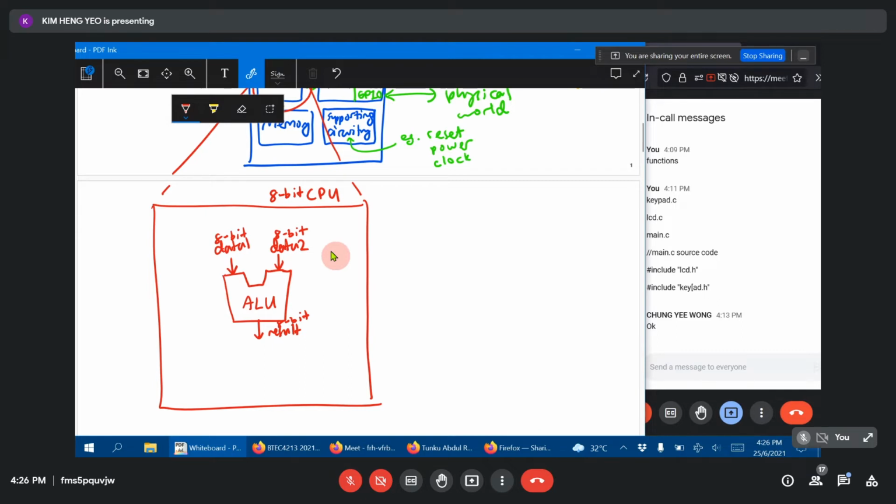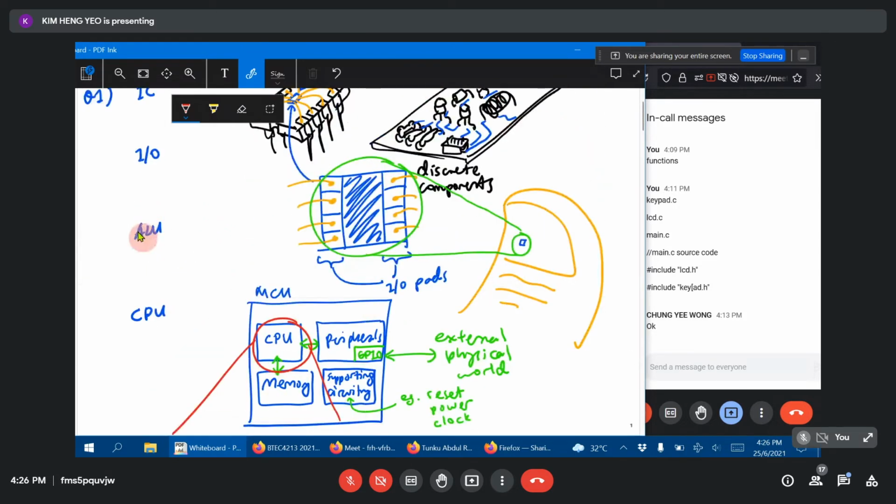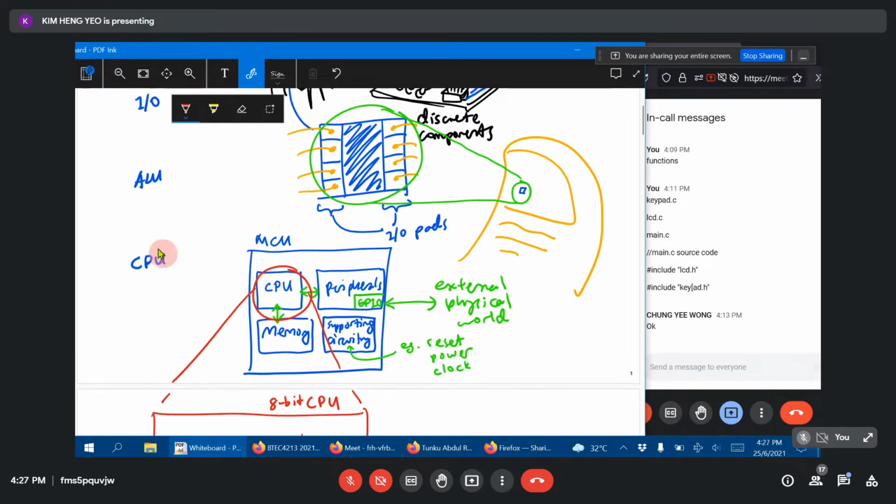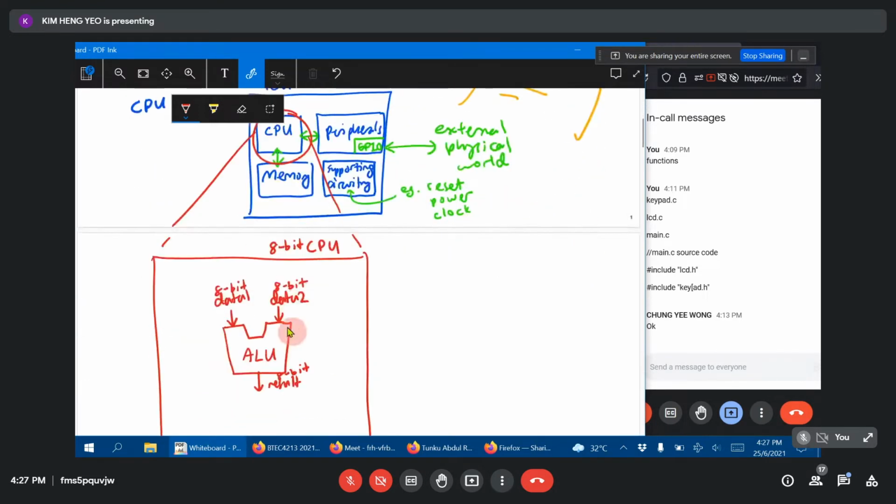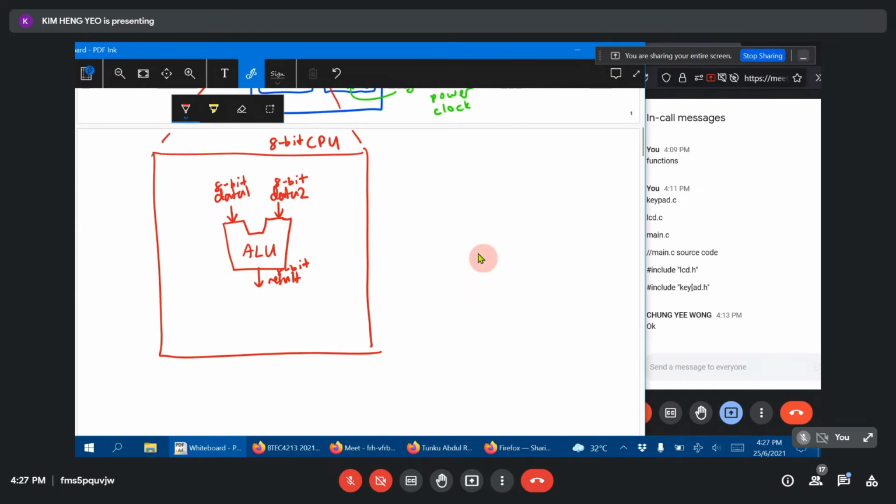Okay, so that's the ALU. This is the ALU, the main character. Here's what makes a computer. But the ALU cannot operate by itself. The ALU is just one part inside the CPU. You have other things inside the CPU that support the ALU. What are they? First of all, where does the data that the ALU operates on come from? The data that the ALU operates on comes from